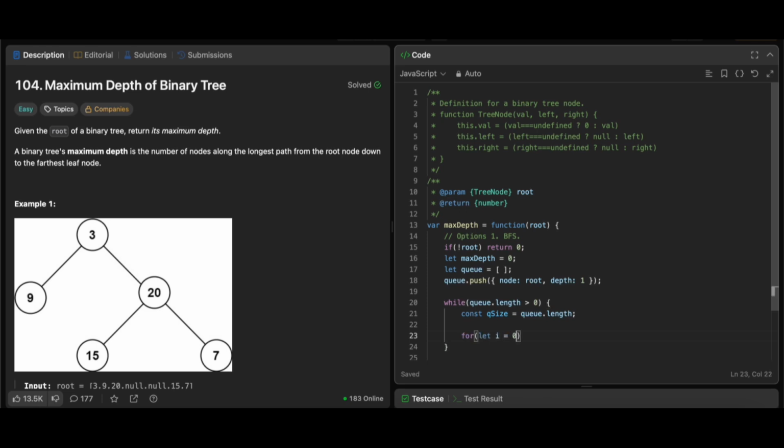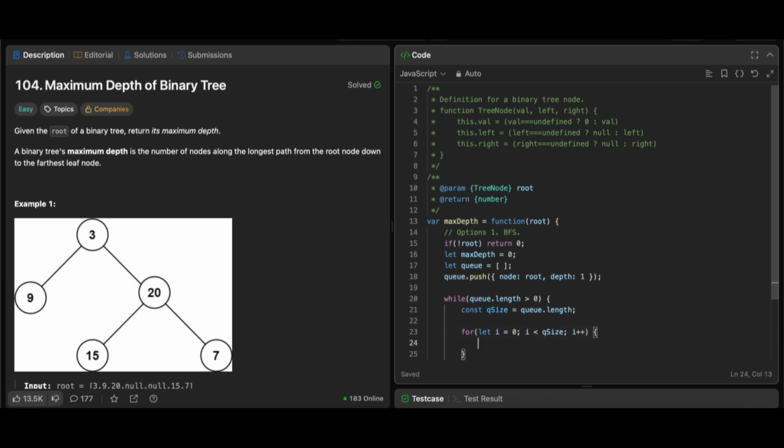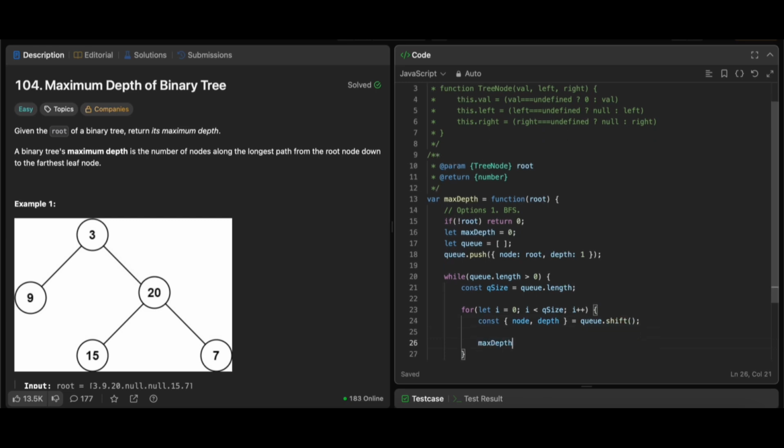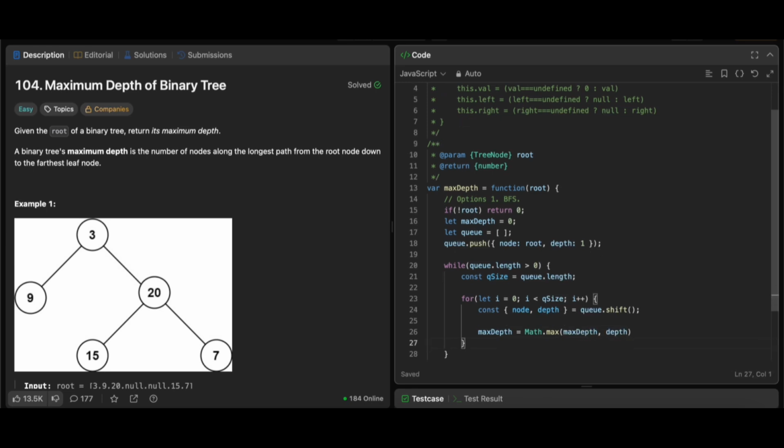For let i is 0, i is smaller than Q size, i plus plus. This one is node, depth. Q is first in, first out, so we're gonna use shift. We compare the depth, Math.max, the max depth, and the depth. If node.left, we're gonna push them.